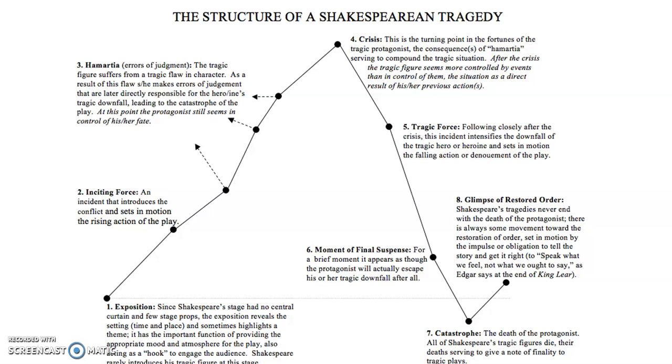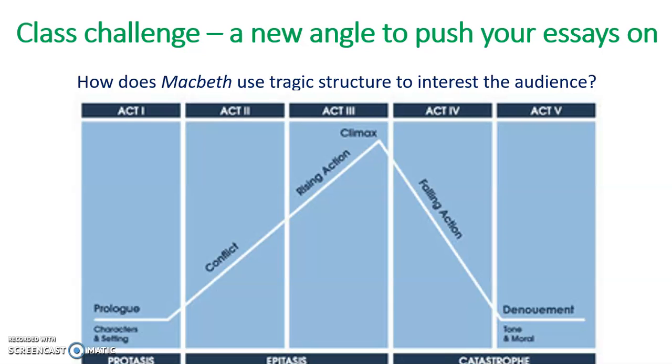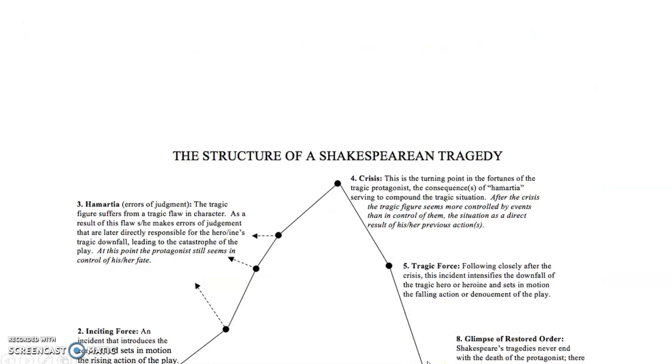This next bit is something that becomes, I suppose, more apparent as the play goes on. So hamartia is an error of judgment on behalf of the tragic hero. So he has some kind of fatal flaw, as we all know. In our play, lots of people agree that Macbeth's fatal flaw is ambition. And as a result of that fatal flaw, he makes an error of judgment that later brings him down. Okay, it leads to the catastrophe of the play. The catastrophe, if you look back at this, is Act 4 and Act 5 when he's on that downfall spectrum. So catastrophe, if you have a look here, is this final section.